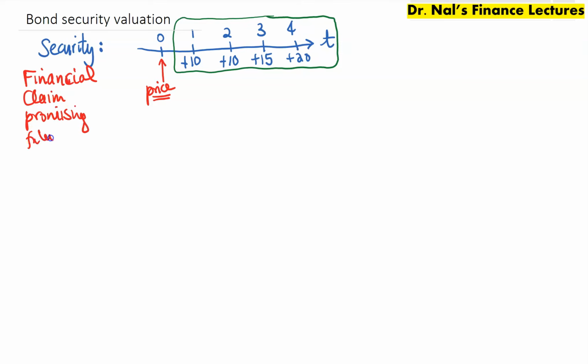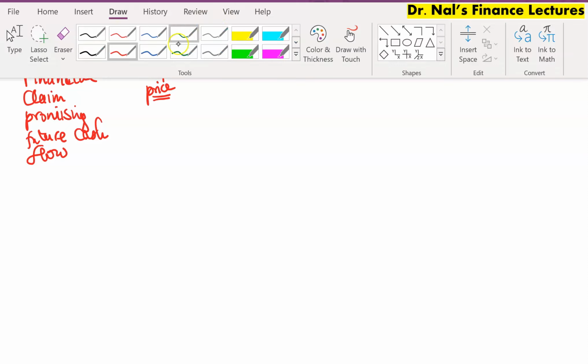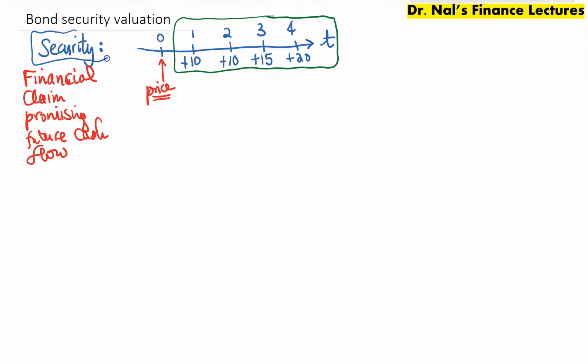Future cash flows. And because those cash flows in general are positive, though there might be some years where the cash flows might be negative, but in general they have to be positive. And if they are positive, they have to have a price today. You have to make a payment to be entitled to receive those future cash flows. So once we define a security in those broad terms, we can start talking about a bond security